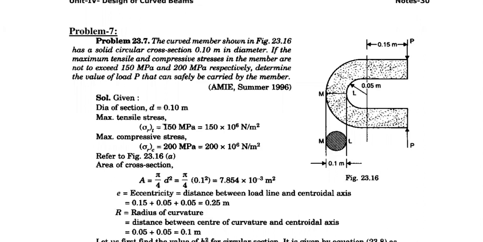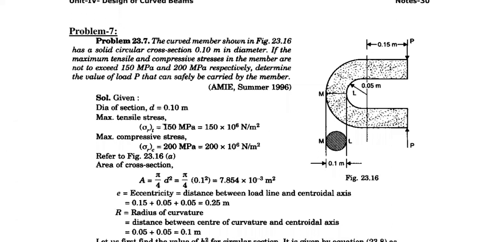The best approach, if it is a curved beam, a crane hook or these types of sections, is to write the formula. Observe the cross section; here it is circular, so write the formula for that section. Now write the formulas for the compressive stress and tensile stress, the sigma values. That is sufficient. You will get the answer. Only 2 steps of formulas are required.